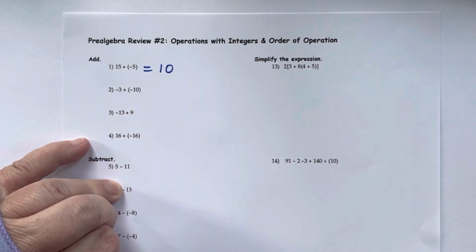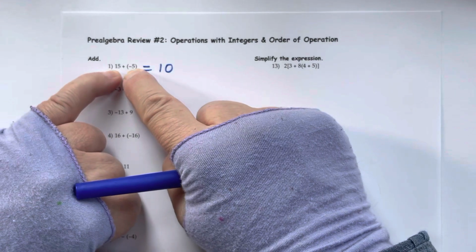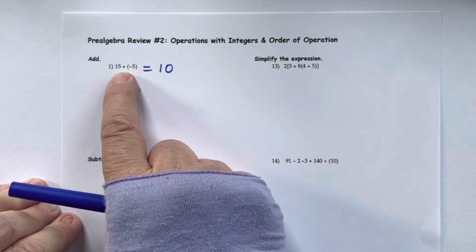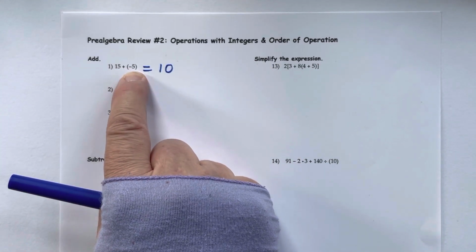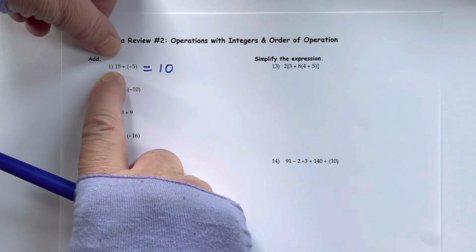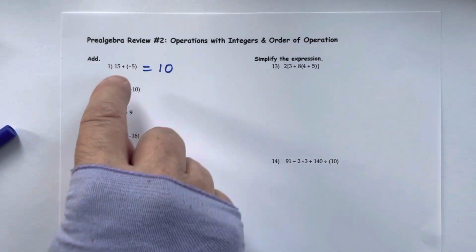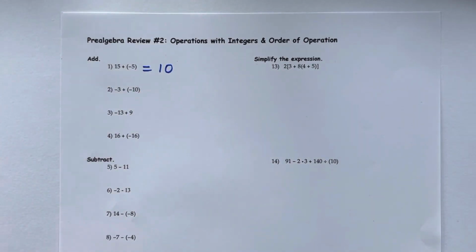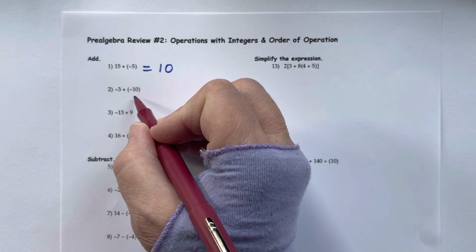Also, you probably learned a rule for this earlier, and when these have different signs, you take the difference of them. So you take 15 minus 5, and then you take the sign of the one that had a larger absolute value, so the one that looks larger. So there we go. All right, so this next one, this is like dig down 3 feet, dig down 10